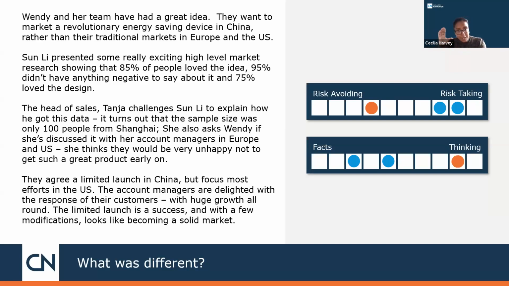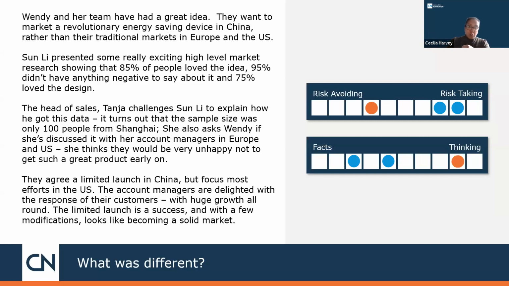So Wendy, in the first scenario, had omitted to consider the other 2 traditional markets, whereas the second scenario Wendy has the cultural intelligence to think about this. And she thinks that they actually would be very unhappy not to get such a product early on. And so the scenario ends up that they agree a limited launch in China, but the focus still remains in the US. And the account managers are delighted with that response, and the huge growth occurs for everybody. So the limited launch is also a success, which looks like it can then become a solid